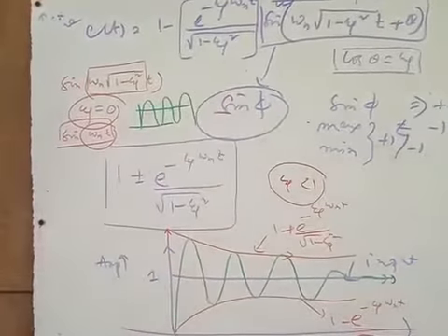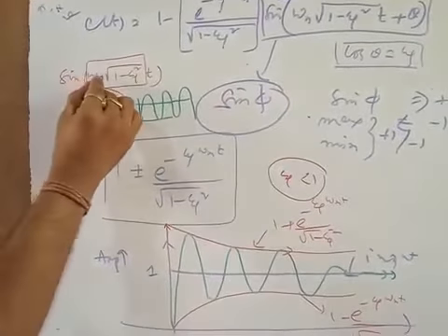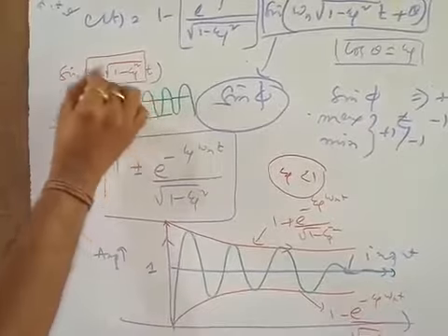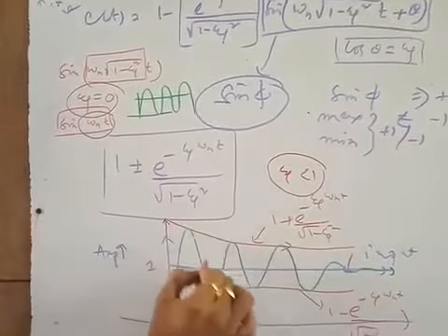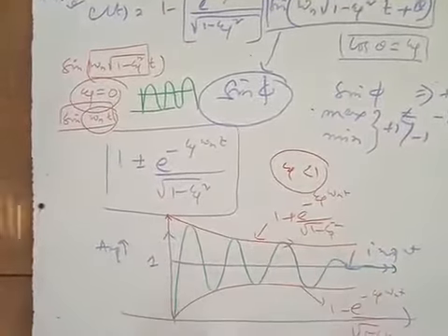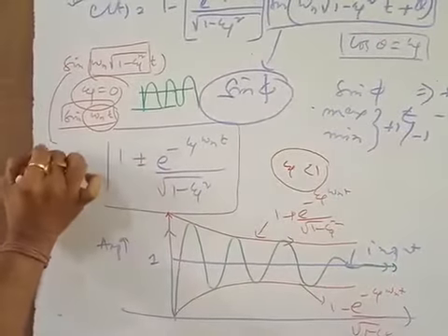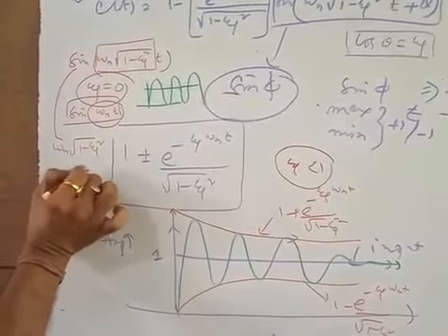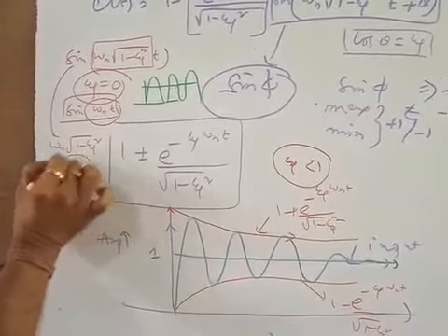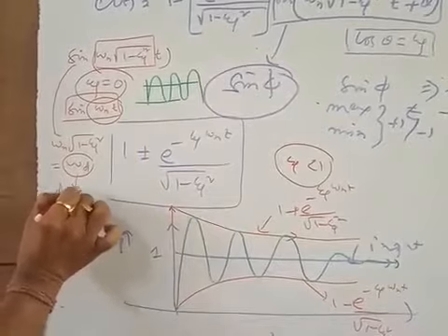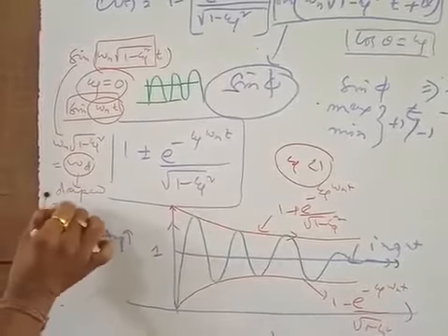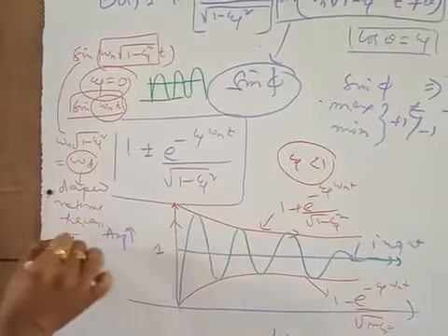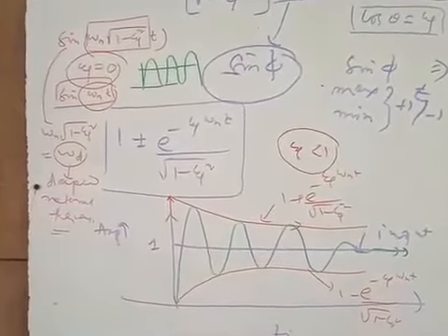Once the damping is applied, what happens? Omega n is multiplied by another term, root over 1 minus xi square. This term comes into the picture, so you get the decaying amplitude. This omega n into root over 1 minus xi square is then known as the damped natural frequency, omega d. That means this is not the natural frequency, but damping is attached to it.